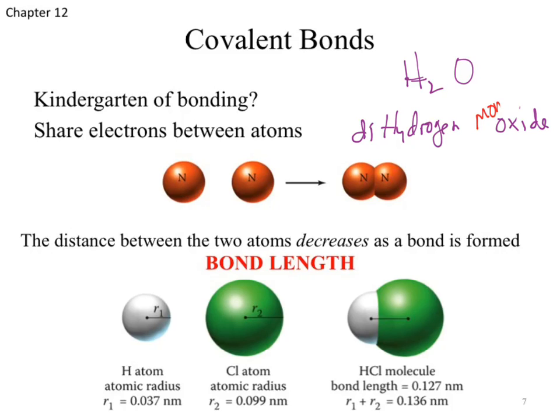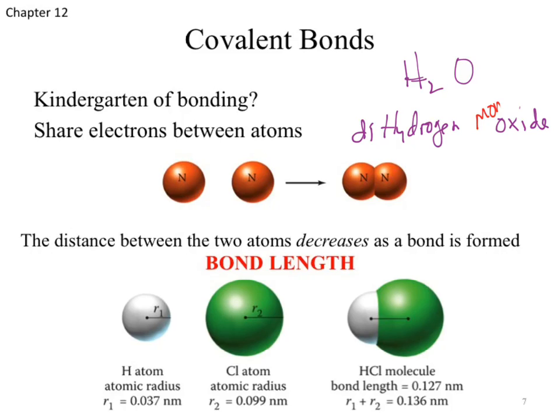So when we look at the radii for HCl, if we take a hydrogen atom and a chlorine atom and we put them together, we make the compound HCl. And you go through and take a look at the bond length. The bond length in the compound HCl is a little bit shorter than if we just look at the radii. And that's because we're getting a different bond. We're sharing electrons between these two atoms. That sharing of electrons necessarily is going to bring those atoms a little bit closer.